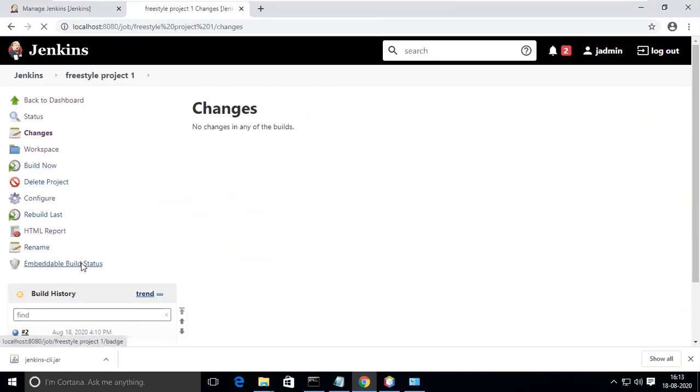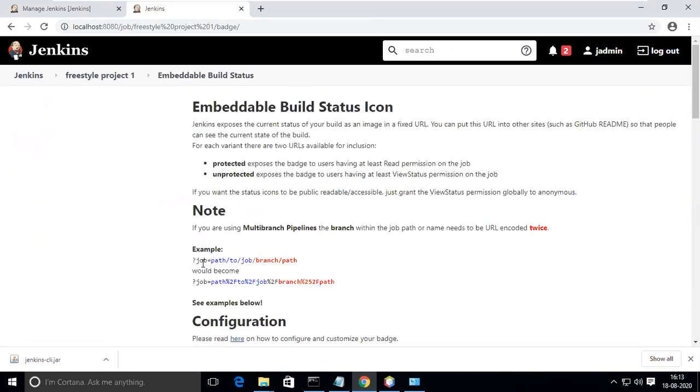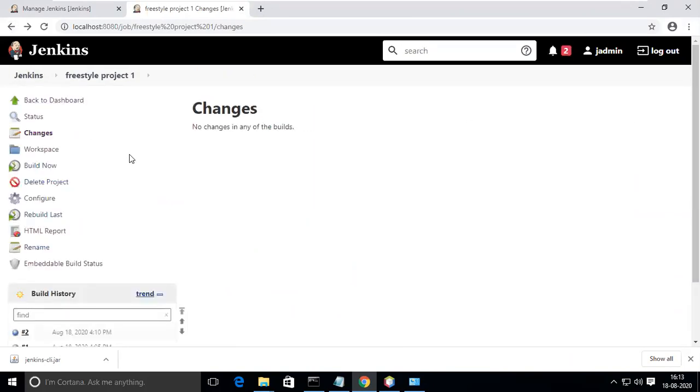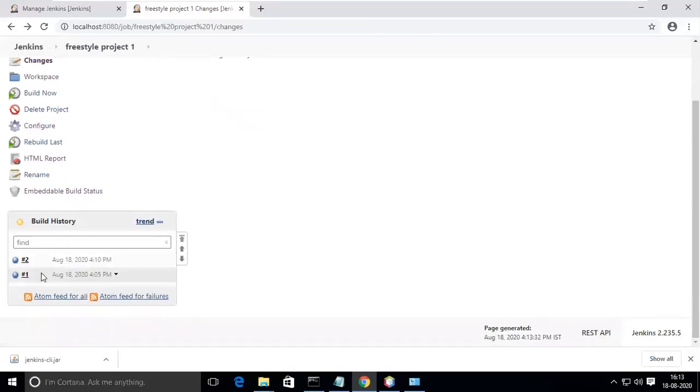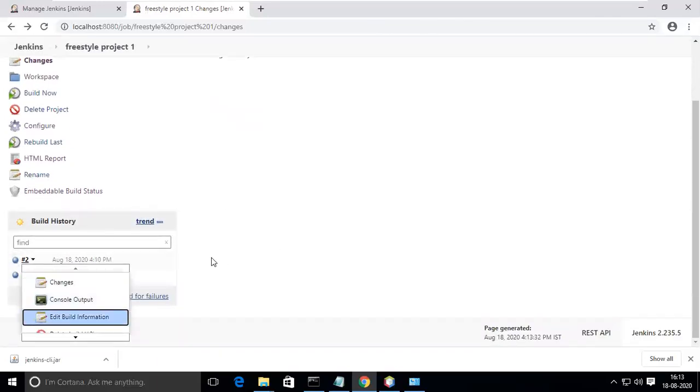Enable build status. So if you want protection and such things, you can do it. So many things are there. I think you understand what is build now, what is delete project, configure, and like. Don't delete anything. You can delete these things. If you delete also, nothing will happen.